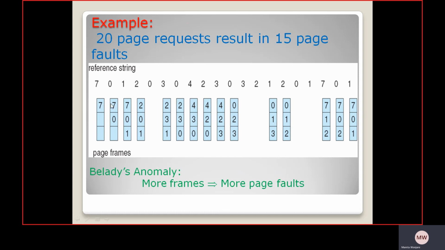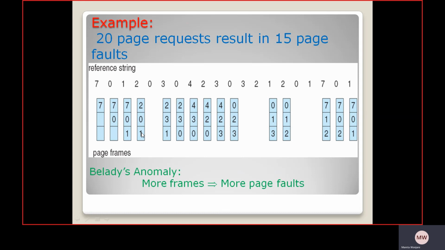First 7 is there, then the second one is 7, after that we place 0, after that we place 1. The buffer is full. In the FIFO technique, the first in comes out first. After 1 we place 2, so we replace 7, that is the first in.